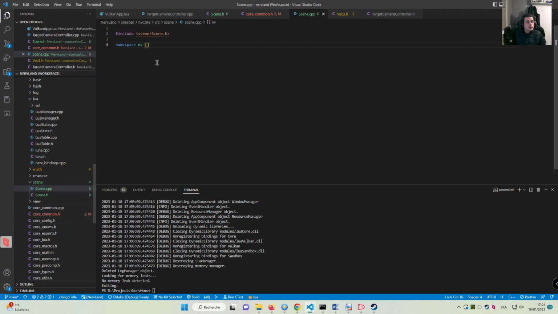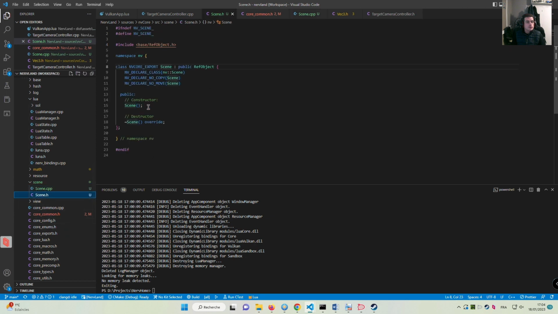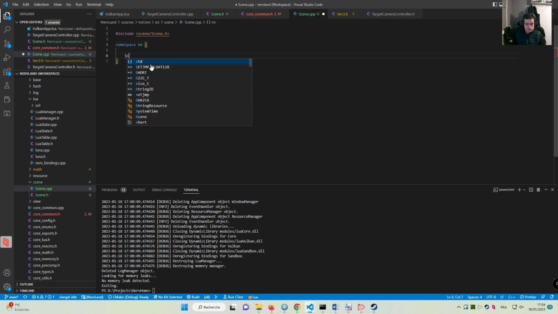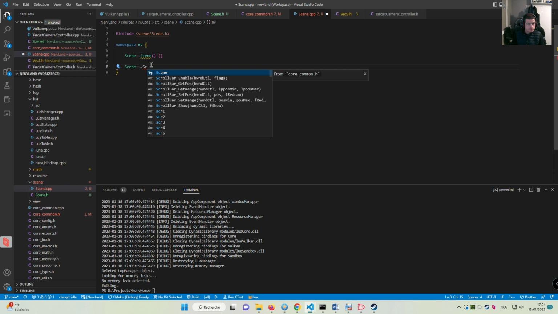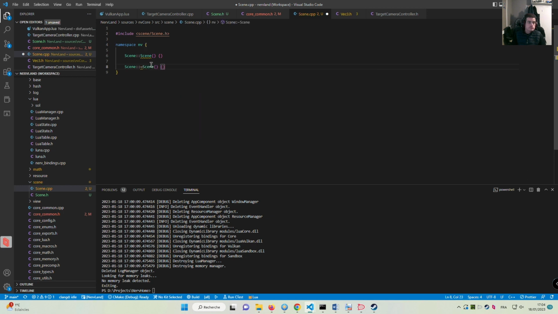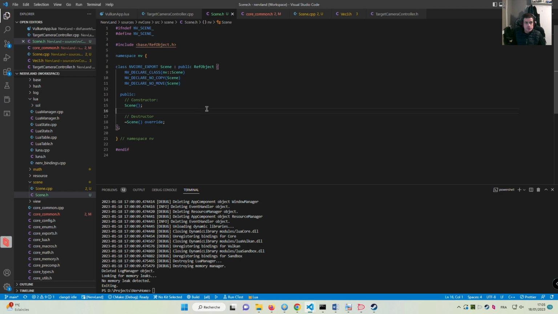Okay, next I need to implement the constructor and destructor at least, doing mostly nothing. Okay. So this is a simple scene object. Next, what should I do? Let me think. Yeah, next step I think is